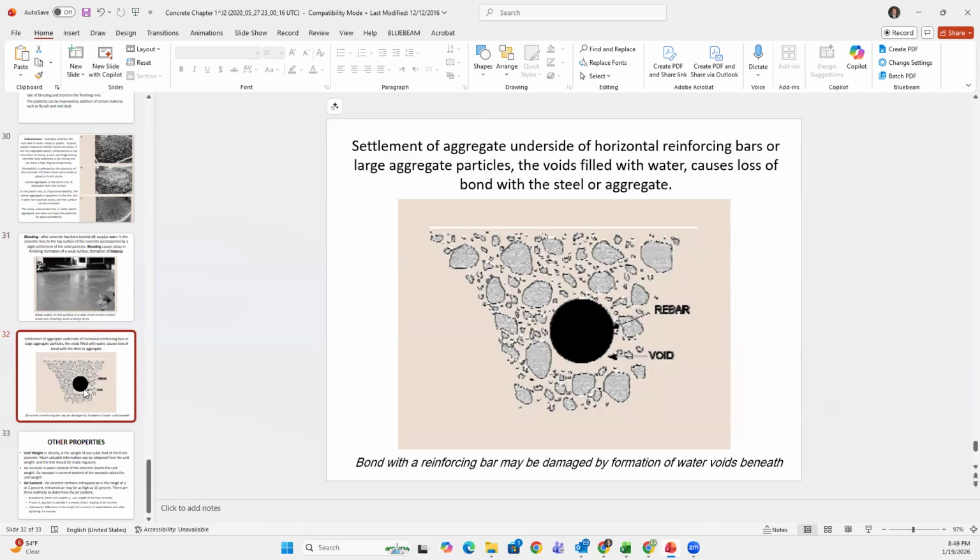Another thing you need to make sure of is that your mix is right. When you put the rebar in concrete and you call it reinforced concrete, the concrete has got to grab the rebar. So if your aggregates are not dry and you create holes like this, cavities underneath, this is no bueno. So one thing is the concrete needs to be the right mix. The other thing is paying special attention, because you want the concrete to adhere to the rebar,